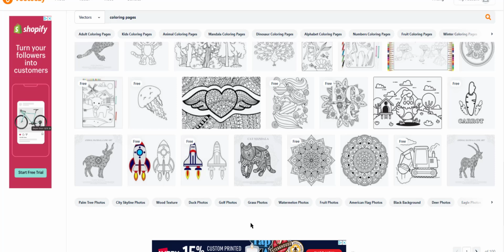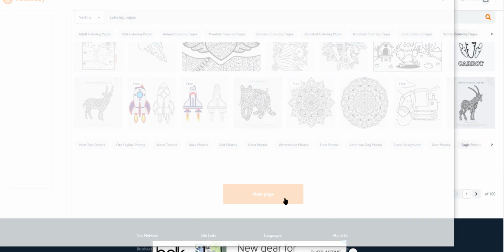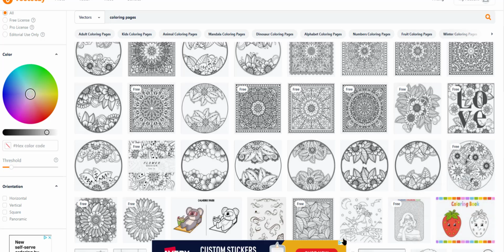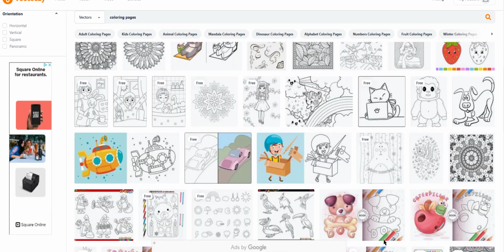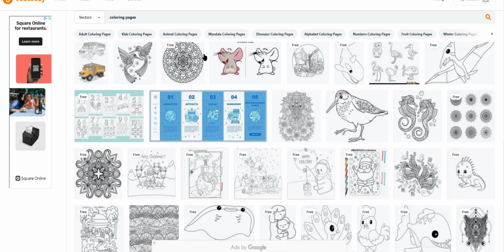It's not going to be quite as consistent as getting something in a package, and it will not come with your niche research. But if that is not something that you need, then that's not something you need to spend money on. If you're looking to save a little bit of money, then the subscription to Vecteezy will absolutely save you in the long run. And it has a lot of different things to choose from. So let's see if we can do,